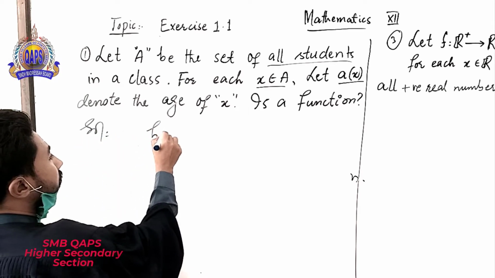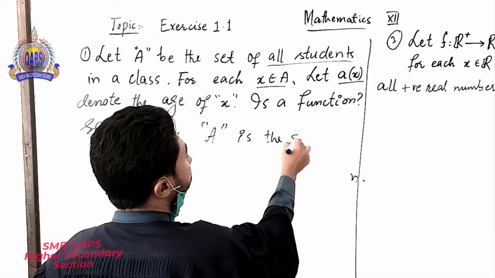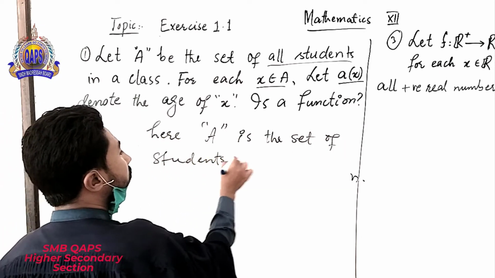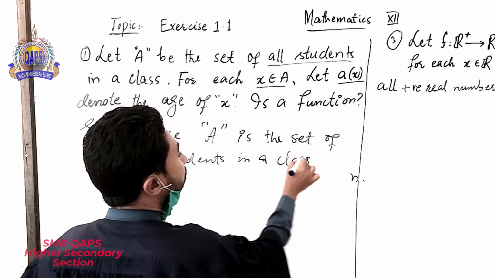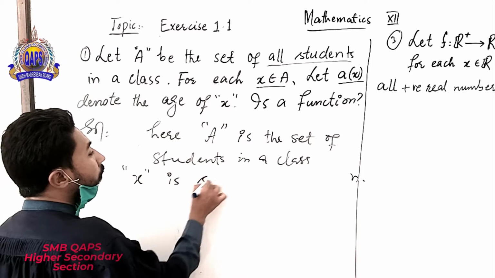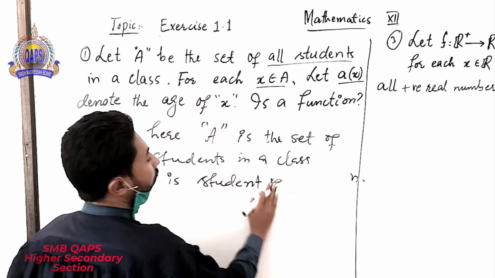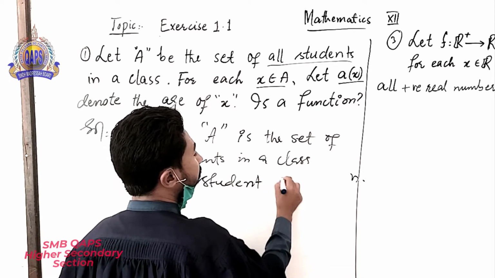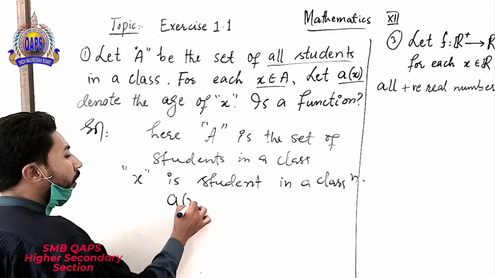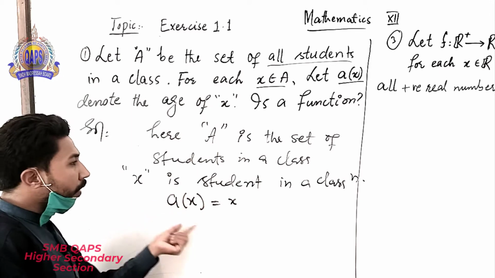here A is the set of students in a class, where x is the student of the class. So here basically A of x is equal to x, because here A of x represents the whole class,